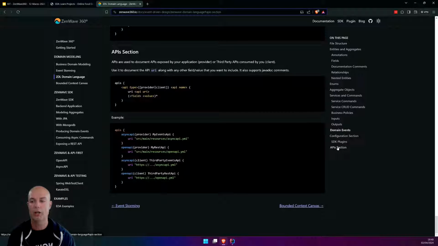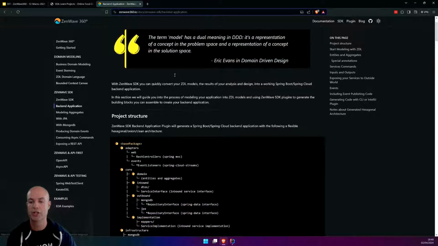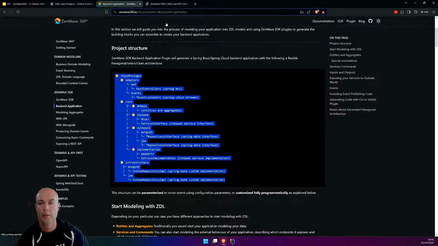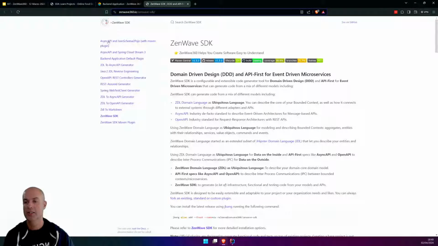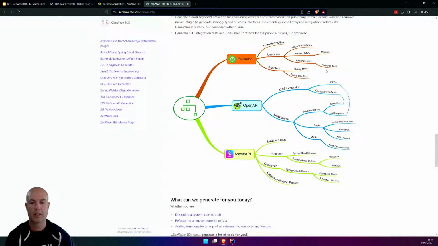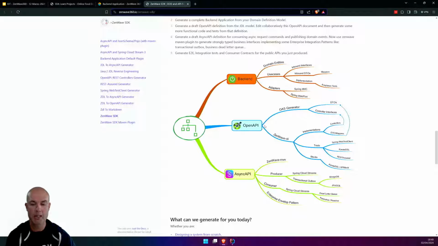You have here all the information, but before we get into building a backend application with this structure, I want to show you here in the SDK link at the top, we have the list of all the available plugins that are already available with ZenWave. You can create your own custom plugins, and they let you work with OpenAPI, with AsyncAPI, and build a backend application.